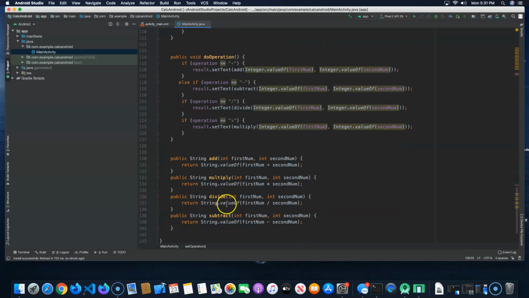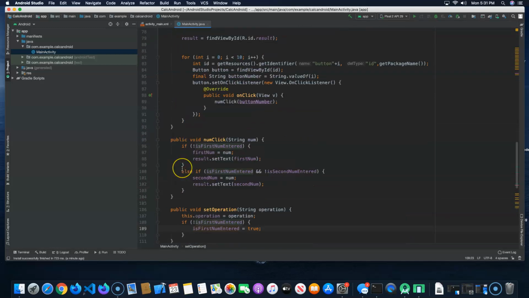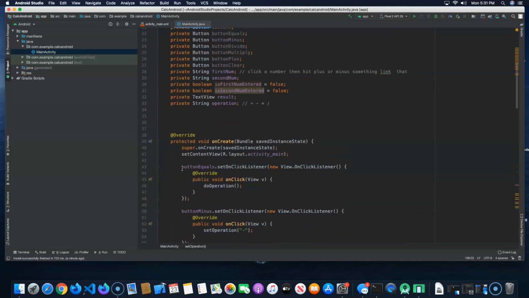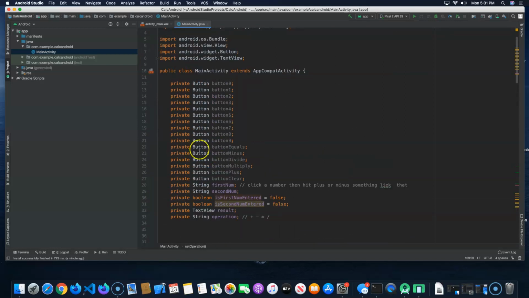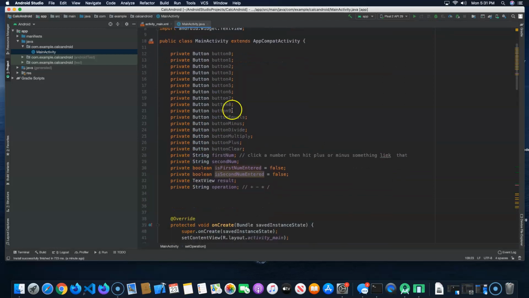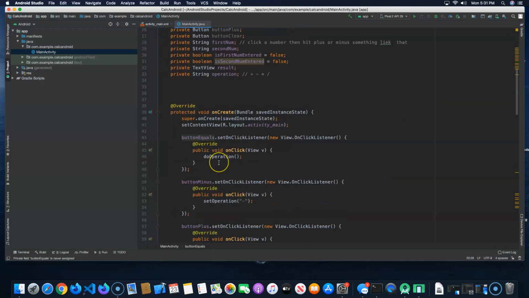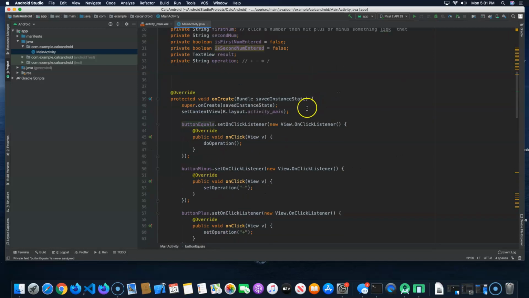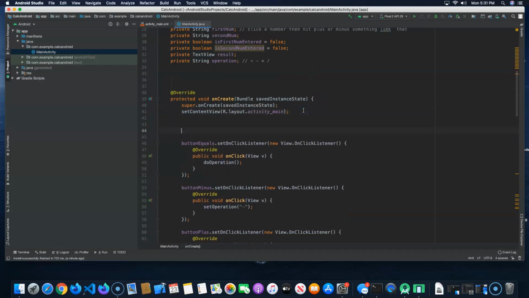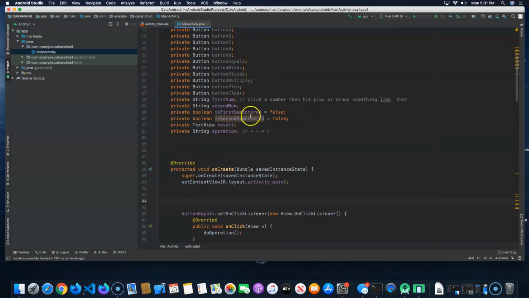We're returning that string. We wanted to... Button equals. Oh, that's the problem. Okay, good. That's actually a really easy problem. I never created the button equals down here. I never went like this. So button equals